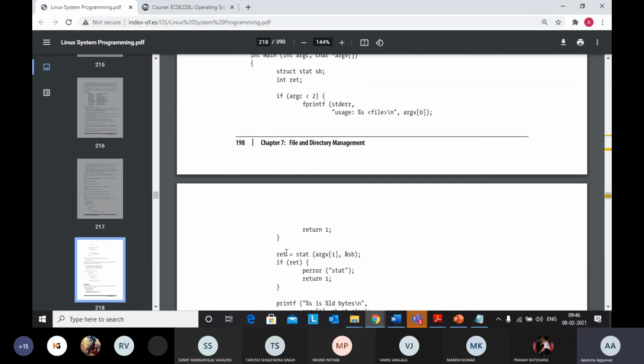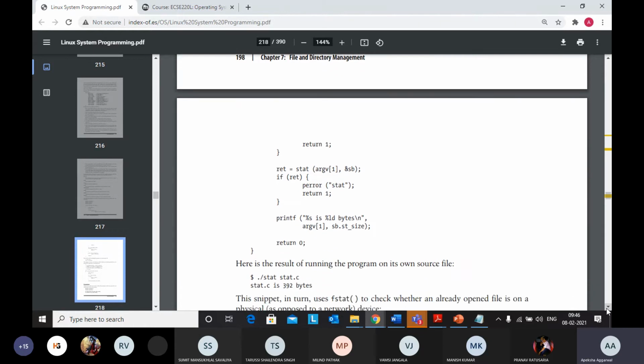Otherwise, the return value is set to stat. Stat, fstat, lstat, these three are there. It will return the status of whatever you have passed as input in the command line. So you would pass the name of the file, abc.c, and the status of that will be returned in the return variable.